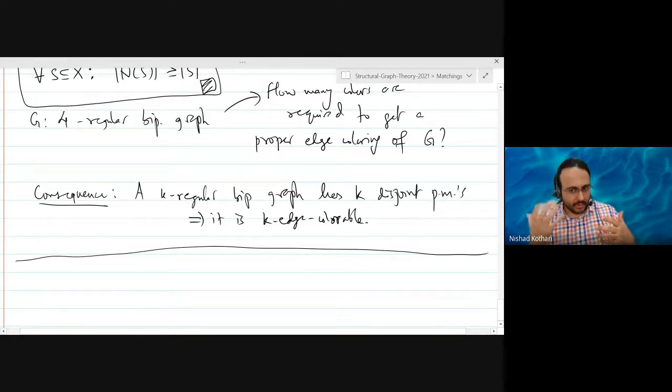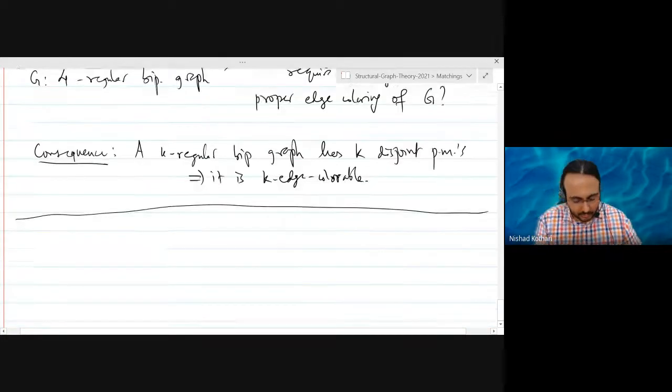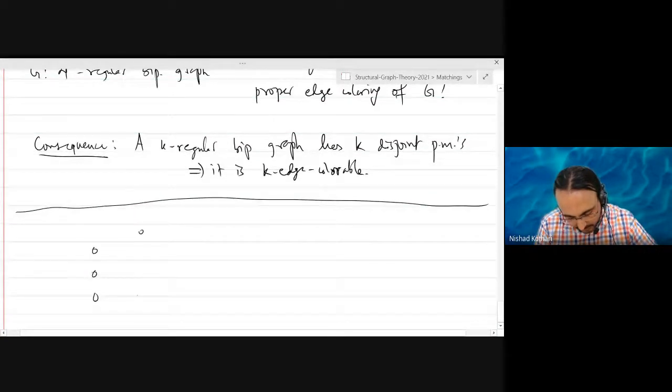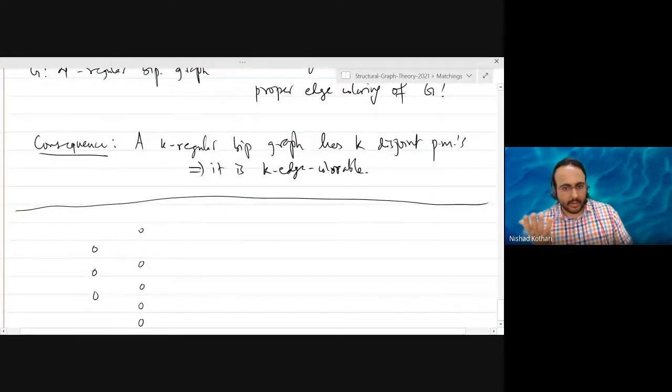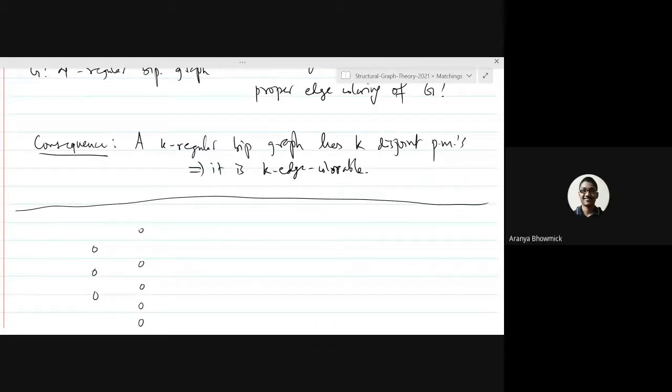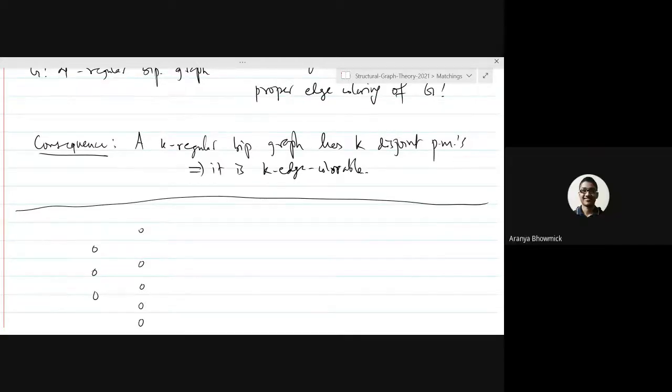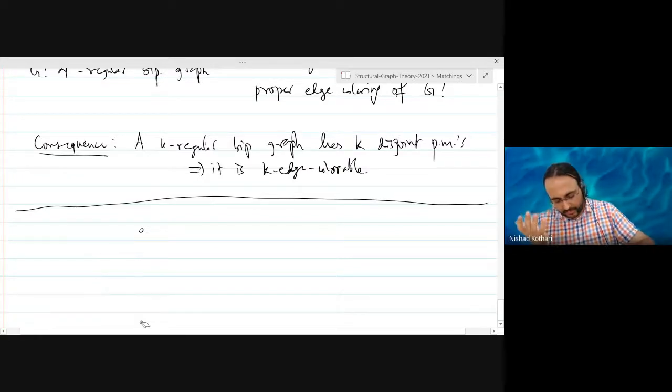You take a super graph of the graph and turn it into a regular graph. I think you will have to add vertices, Ananya, because if you have three black vertices and five white vertices, you cannot turn this into a regular graph unless you add more vertices. Yes, if the two parts have an unequal number of vertices, then we have to add. So in the general case, you have to allow addition of vertices as well. I think this might be a possible way to do it.